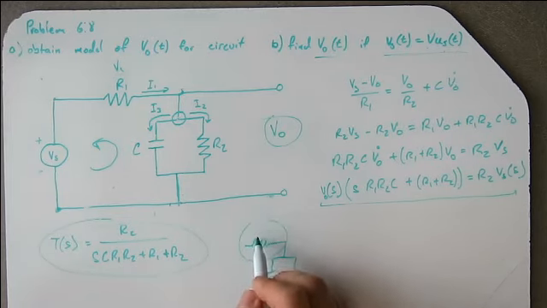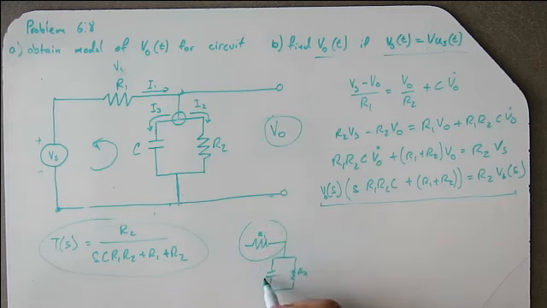So here, I'm going to call this Z1. I'm going to call C Z2. R2 is Z3. And then this together is